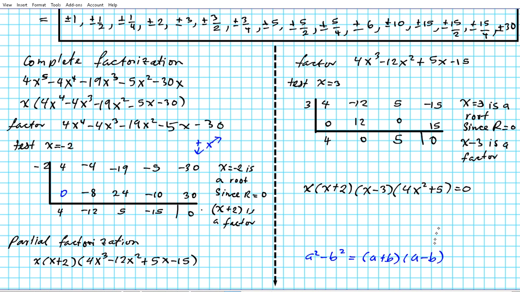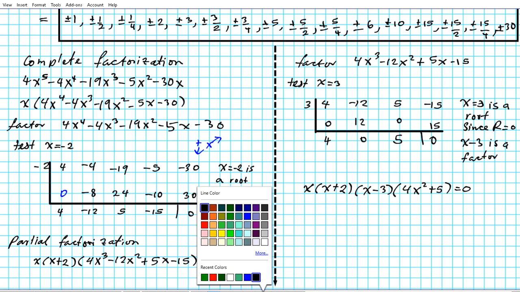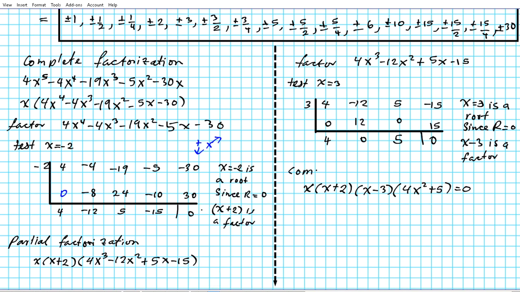So if you look at this right here, it's not a difference of squares, so it's not factorable. So this basically tells us that we have achieved complete factorization, ladies and gentlemen. So this is the complete factorization of the polynomial equation. All right, so now with the complete factorization, we can proceed to find out what the complex roots of the